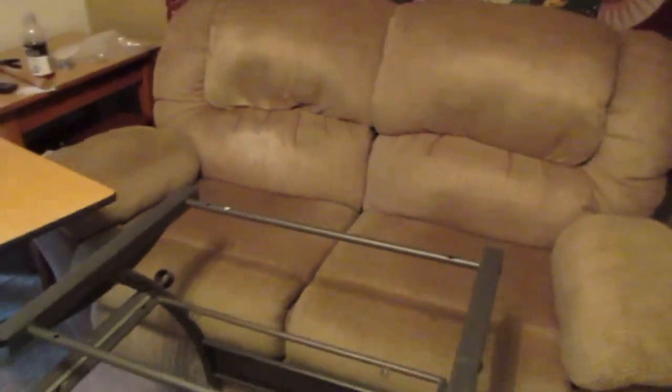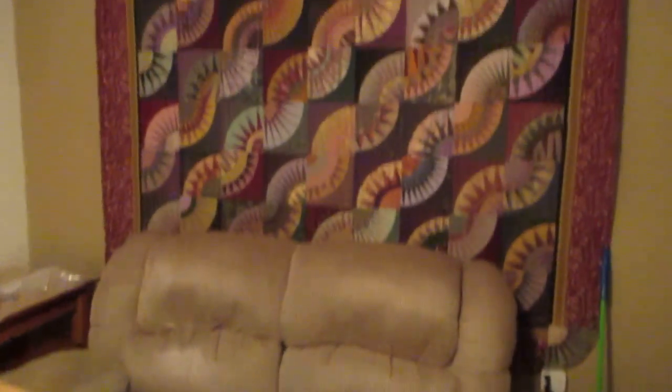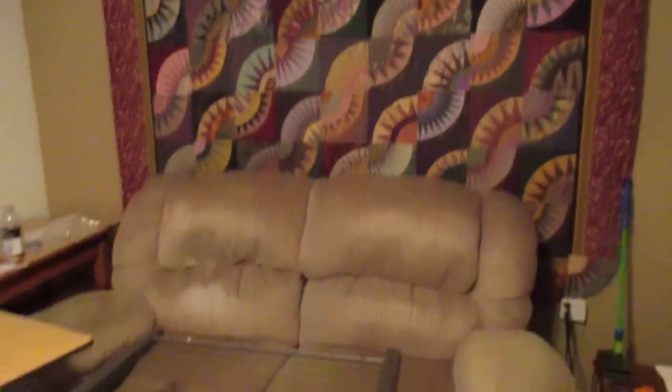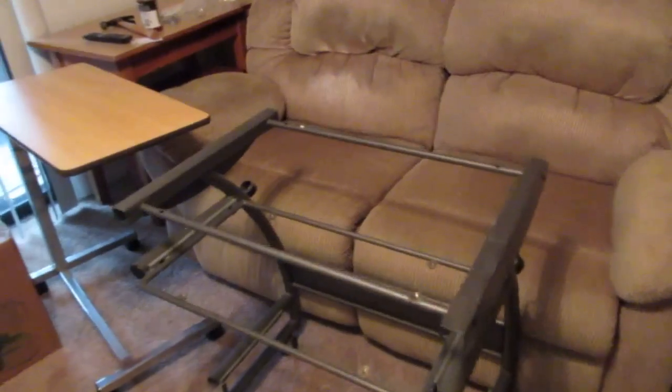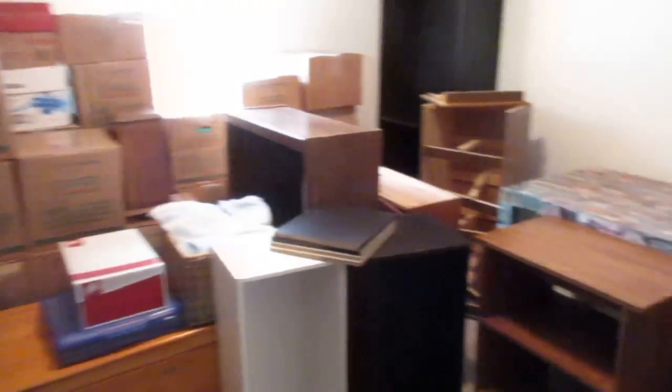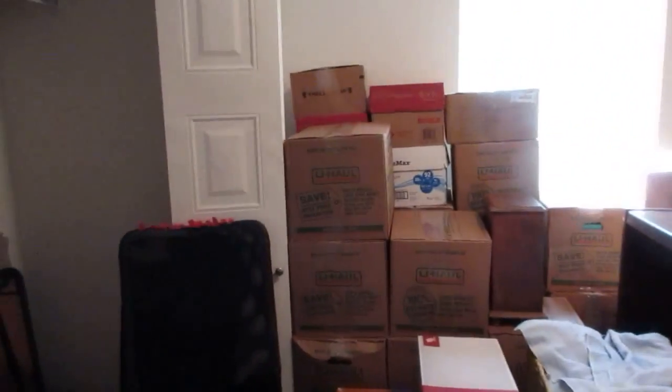So here's the challenge. There's my quilt. I'm not worried about this stuff because it's obviously not going to fit in there, but how do I get all the stuff that I had in my room organized so that I can actually do something in here? So here's the challenge for me. This is what I'm starting with. This is the before,